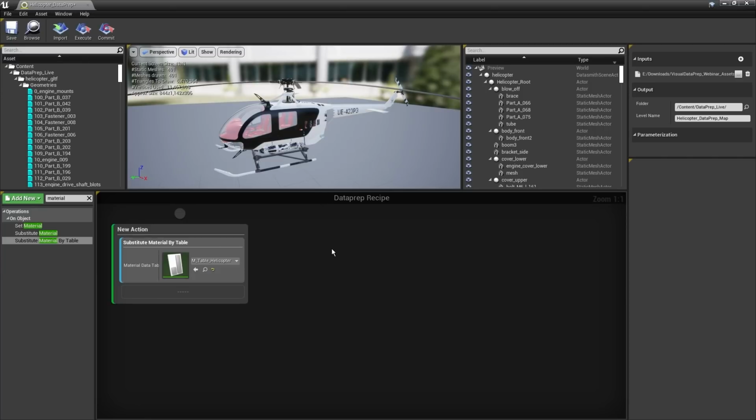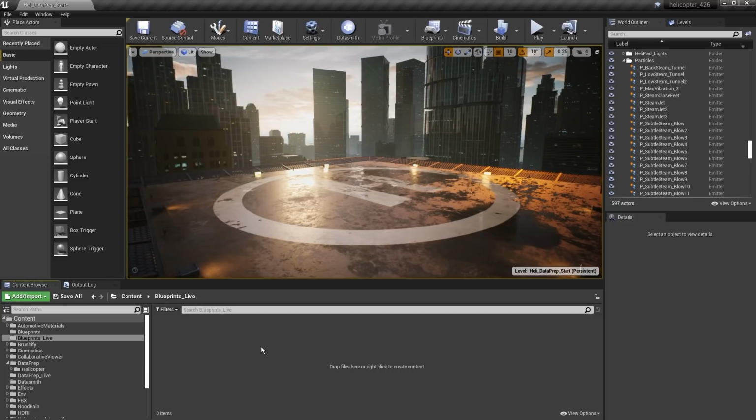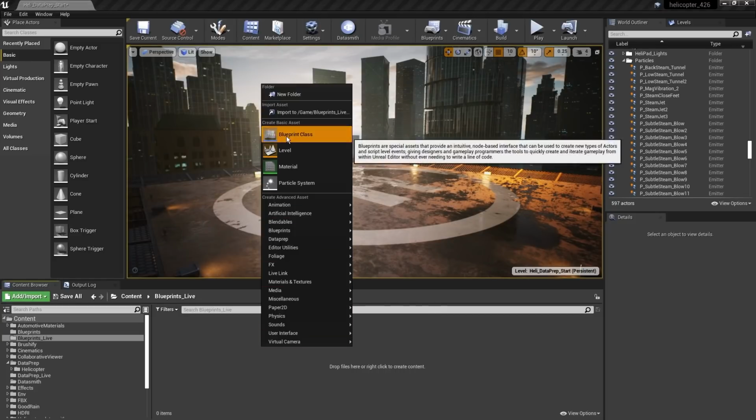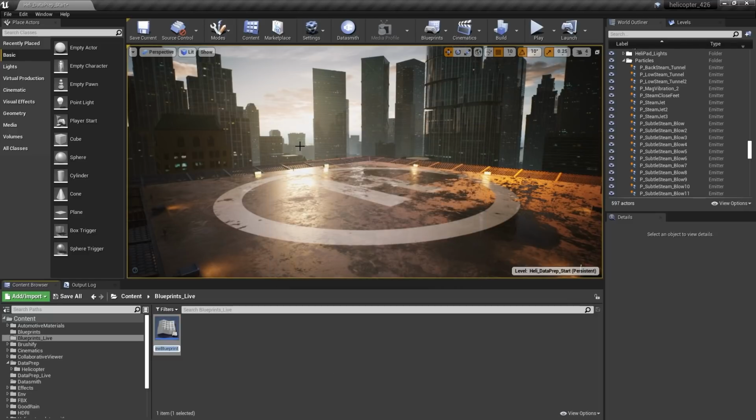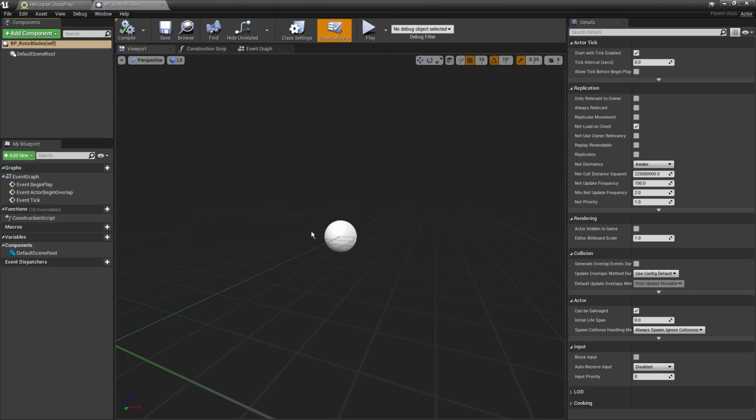Okay, so from here we're going to set up our blades so that they rotate, but before we do that, we need to create a blueprint that will have built-in rotation that we can then take the rotor blade meshes here and then insert them into that blueprint. So let's go ahead and do that now. Back in the content browser, I'm going to create a new blueprint class, and this will be an actor, and we'll call this BP_rotor_blades.